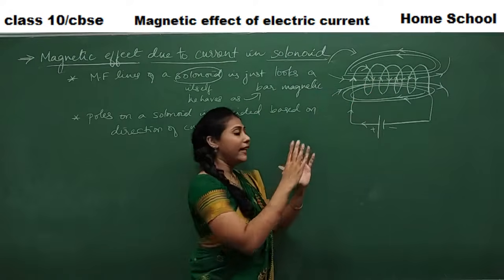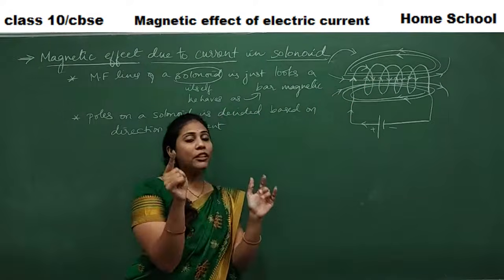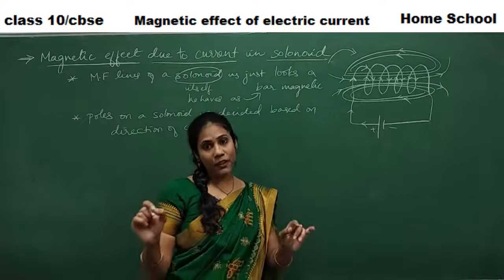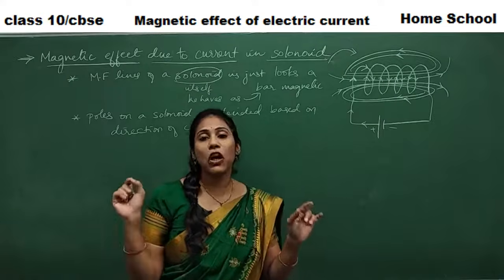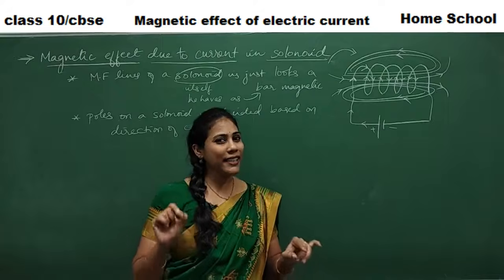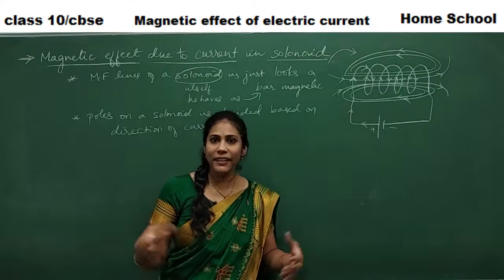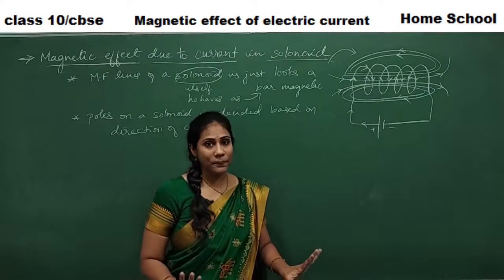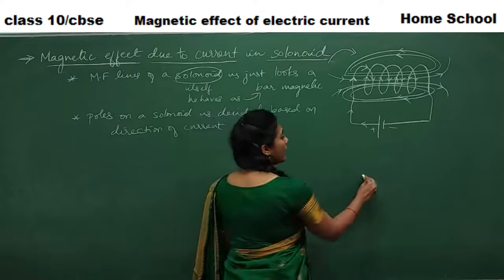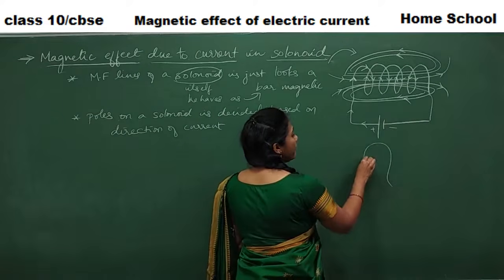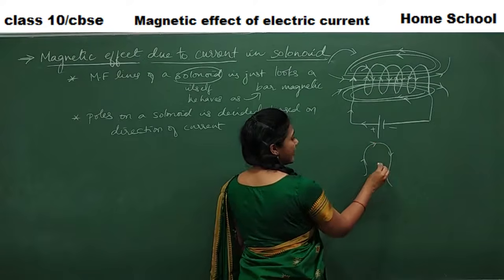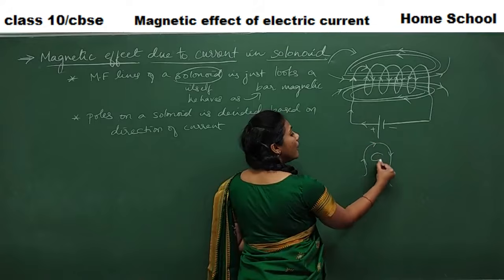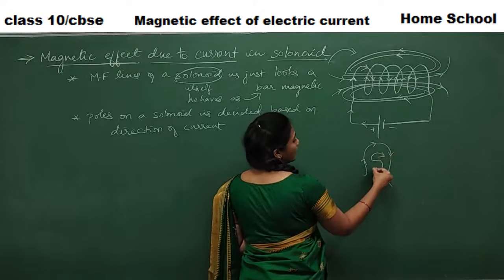Do you remember the clock face rule from our previous video? If you do not remember or do not have clarity on the clock face rule, go to the link in our description area and you can get perfect with that, because here we are using the clock face rule. In the last video I told you, in a circular loop, if current moves in a clockwise direction, the face of the loop, that is the inside part of the loop, will have a south pole, isn't it?